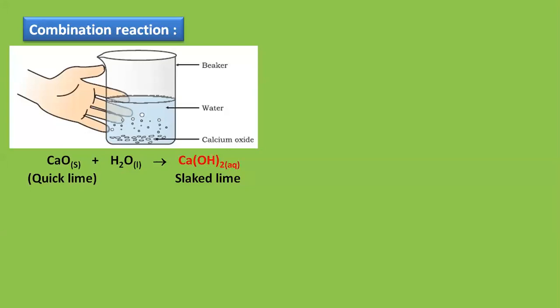Along with that, heat is also given out in the reaction. Now you might be feeling, how come we know that heat is liberated? In this picture it is shown that the person is trying to touch the beaker because the temperature of the beaker has increased a little bit. That beaker becomes hot, which is helping me understand that in this reaction, along with the product, heat is given out. Such reactions where heat is liberated in the product are called exothermic reactions. This is a common type which is applied to all the types of chemical reaction.